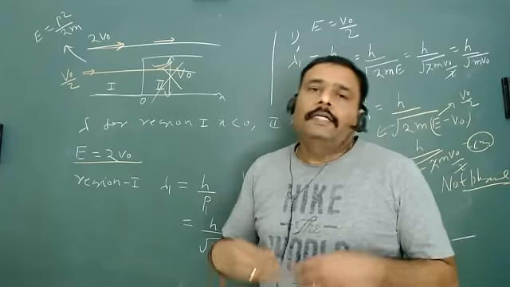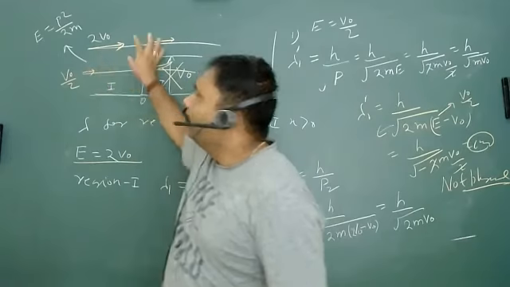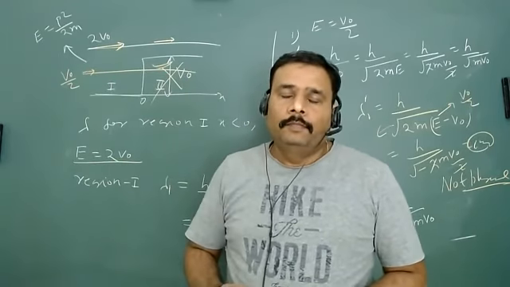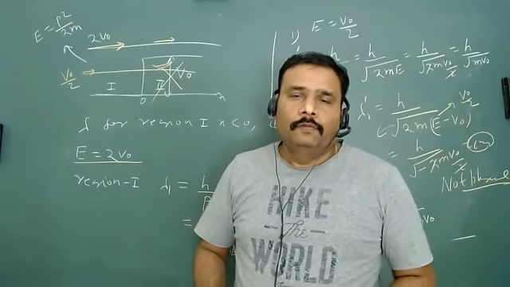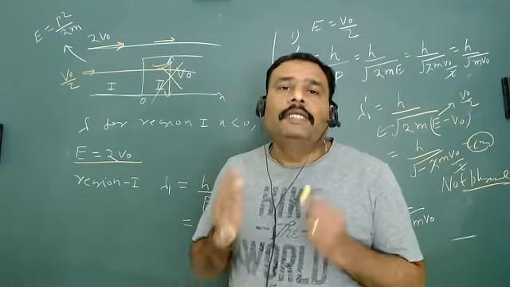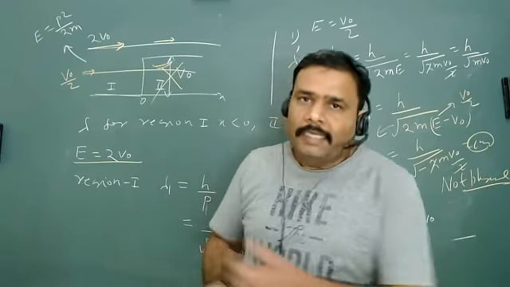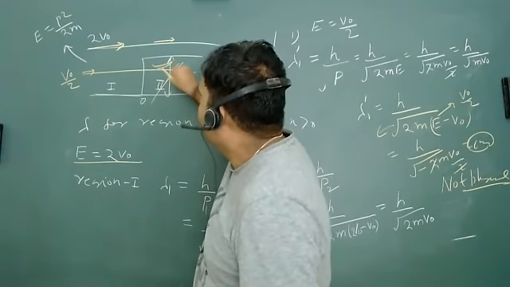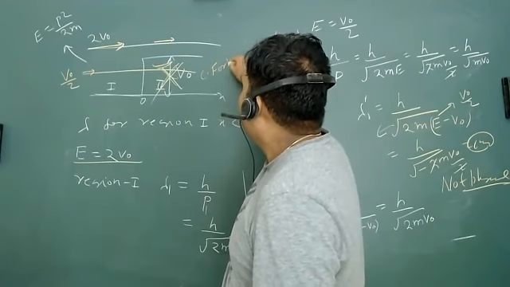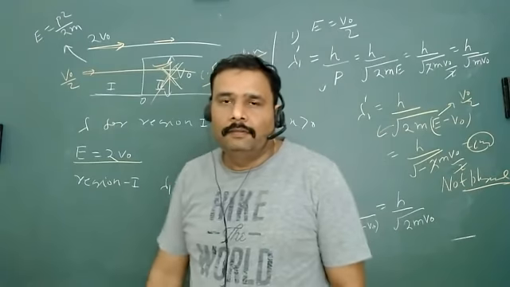So what is the conclusion? The conclusion is very interesting. We can find de Broglie wavelength only in those regions where momentum is some real value. What is the meaning of momentum being a real value? It means your particle is in the classically allowed region. So obviously classically we cannot find the particle in this region, because this is the classically forbidden region.